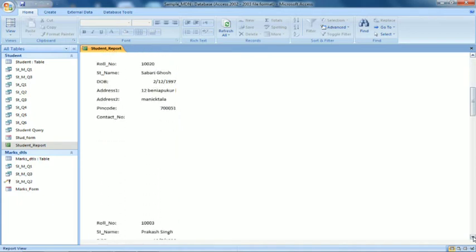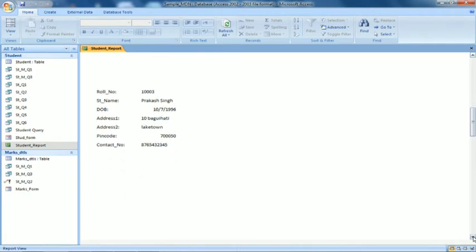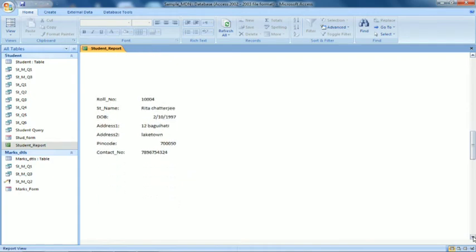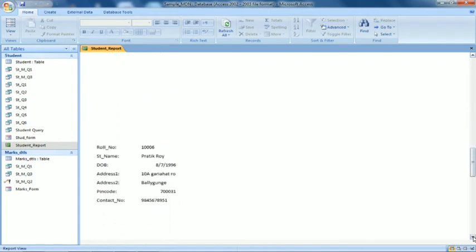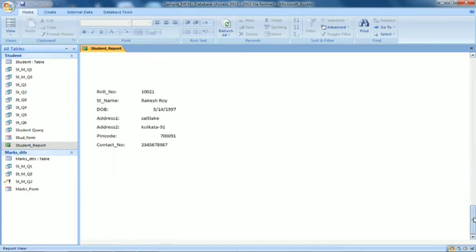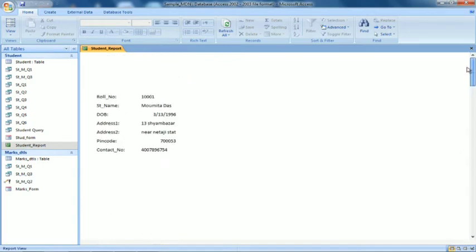Now see, each roll number and each detail is being shown here like this. You cannot make any addition here. Once you have clicked design, you can design. You can give a title etc. also to this. I have not done it. I have only made a simple design where roll number, name and all these details have popped up. I am not going into any such details. I have just clicked on report design and done it. Now let me close this.